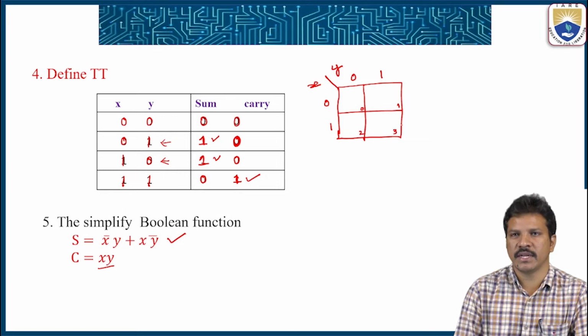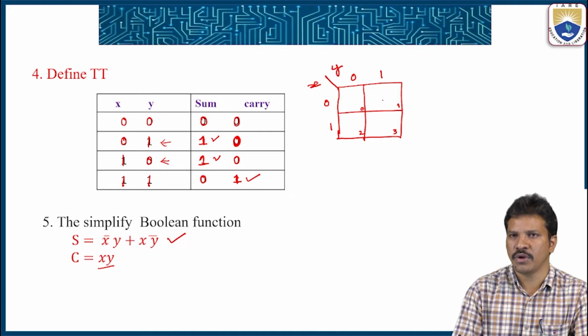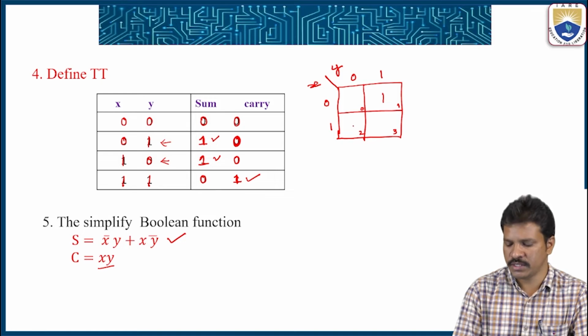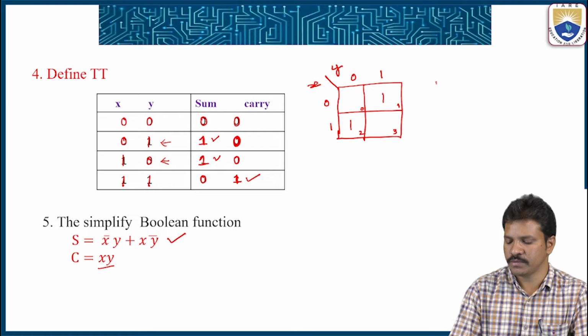So what are the minterms for which the output has logic 1? The 0 1 combination has its corresponding output high, and the 1 0 combination minterm also has its corresponding output high. So we consider those minterms: 0 1 goes in the first row, second column, which we make logic 1, and 1 0 goes in the second row, first column. Now we can apply the K-map rules.